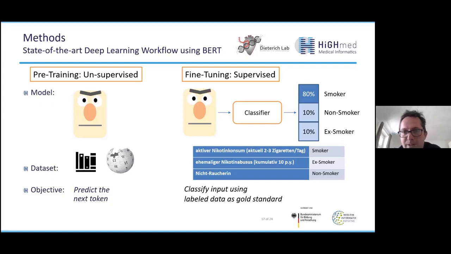So important to keep in mind is that in NLP, with this language model training, we have a pre-training step and a supervised fine-tuning step. And the supervised fine-tuning step is typically the thing you will spend most time with, because here you apply your annotated texts and train your classifier for your specific task, what you had in mind.